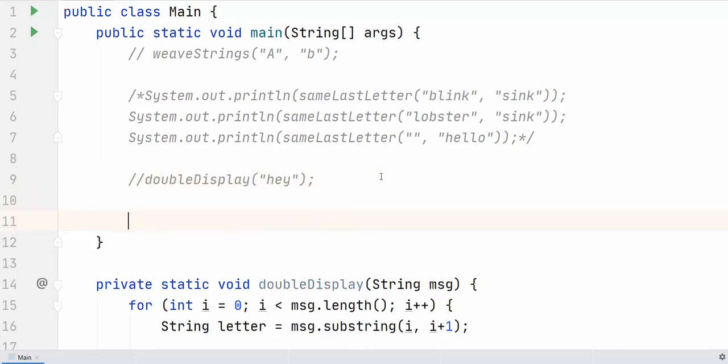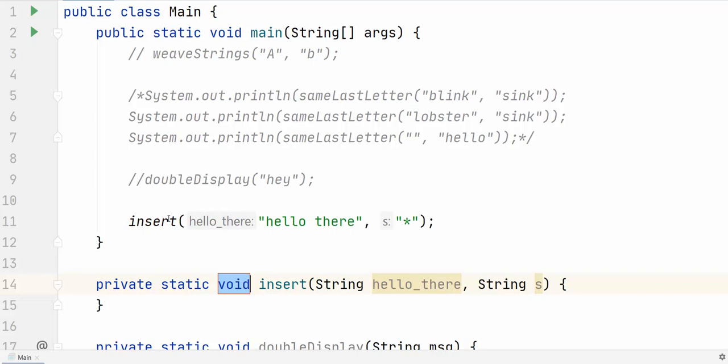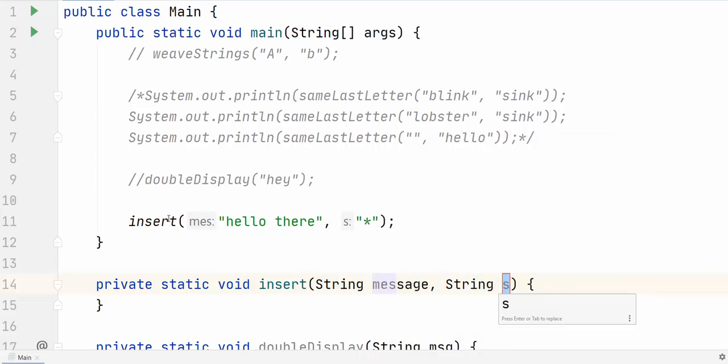Let's do part D. Part D is called insert, where we're trying to insert a character between each of the characters in another string. So let's say insert hello there, and then I'm going to insert a star character between each of the characters in hello there. Cool, void. I'm going to call this one message, and I'm going to call this one